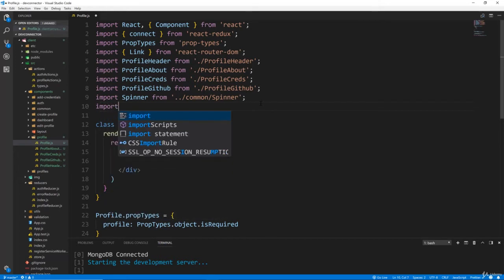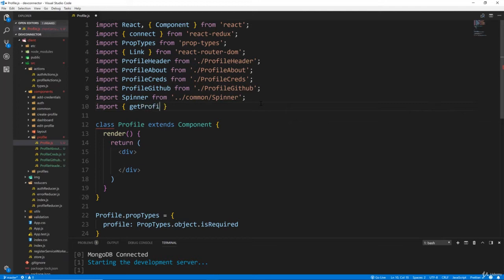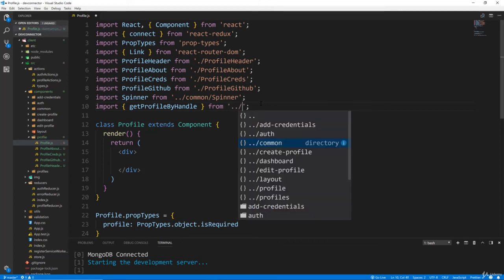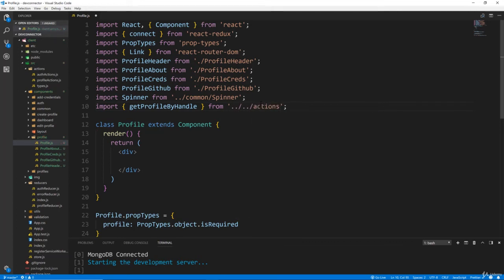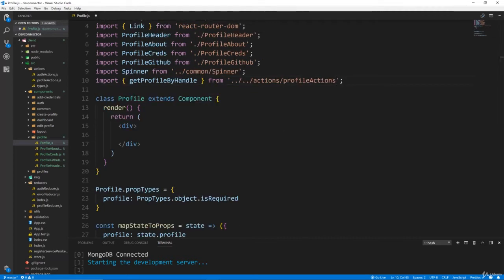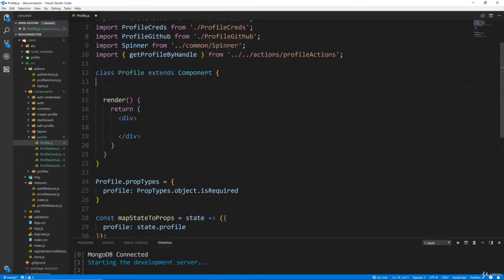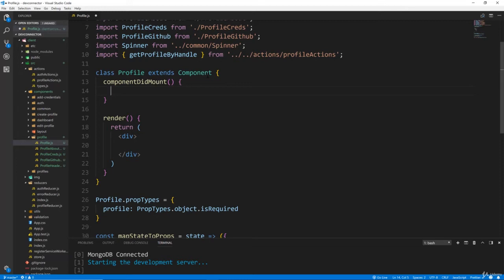So let's import getProfileByHandle from ../../actions/profileActions. Okay, and then where we're going to call this is when the component mounts. So we're going to put in our lifecycle method here, componentDidMount, and we're going to say